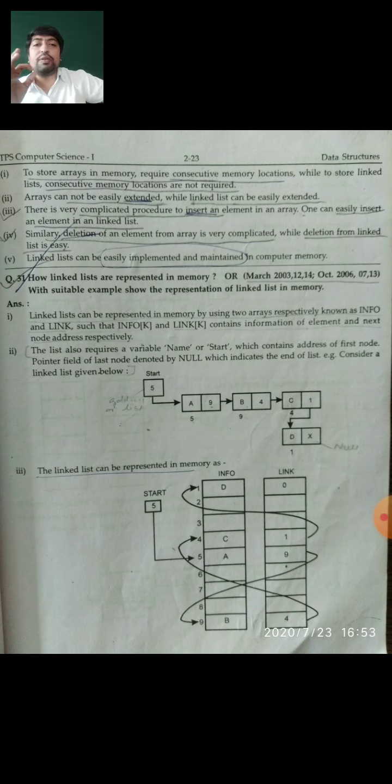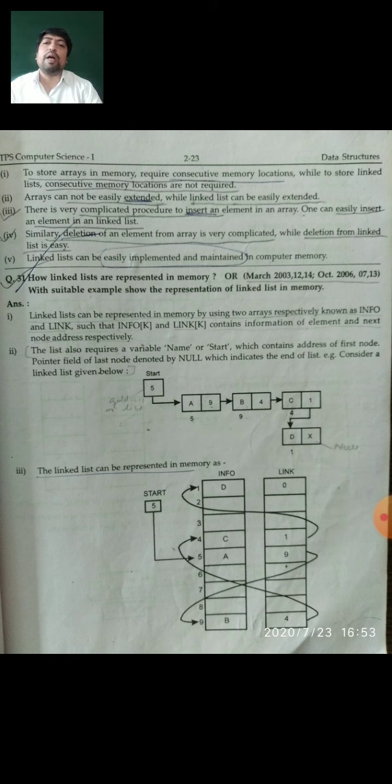So it is a very easy way to add new data whenever necessary. There is no need for consecutive memory locations. You can change the address. You can take any address of data, any address of the link node. You can directly connect the first node to the last node. There is no requirement of consecutive memory locations. You can add any type of data at any place.